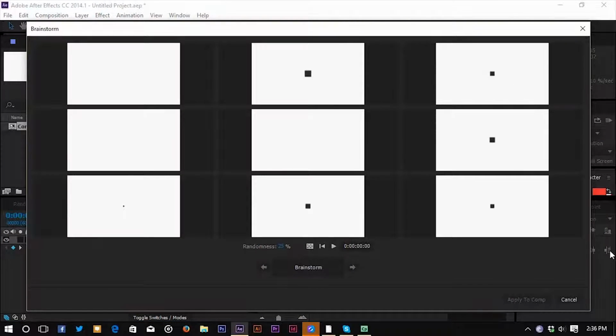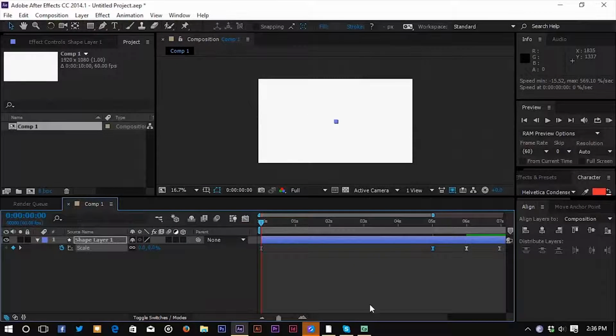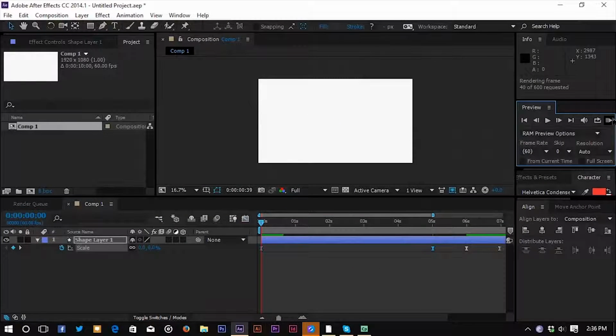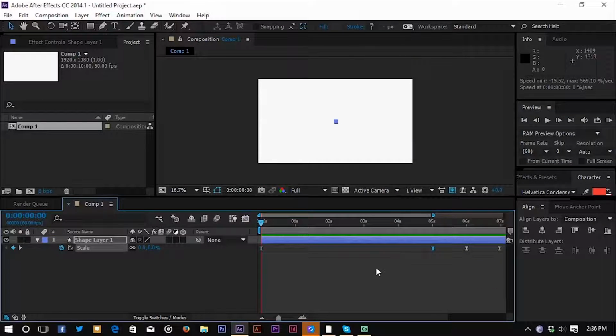So I'm sorry, going back to the normal view, ram preview, you see there is a difference in the speed again. This is a lot more interesting. Now what I'm going to do is show you the complete demonstration of keyframes. I'm going to choose all the keyframes, easy ease them, and